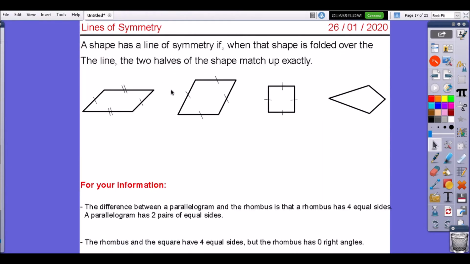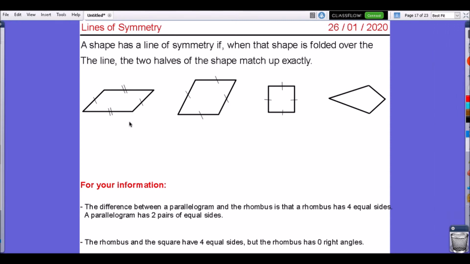All right, let's go to the other part of the lesson, which is a shape that has 4 sides. Here, 4 sides, 4 sides, 4 sides. What do we call all of them? We call them quadrilaterals. So all of them are just quadrilaterals. This shape, we call it a parallelogram. This is a parallelogram, and you need to know the difference between a parallelogram and the other shape here, which